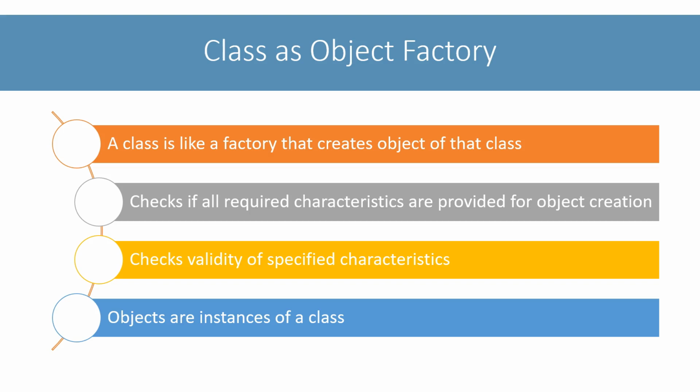Consider a car factory. There will be one design of a car based on which many cars of different colors will be manufactured. If you compare this with our previous example, based on one dog class, many dogs of different breed, color, gender, etc. can be created as objects. That is why we say that class is an object factory. Objects of a class are also referred to as instances of the class, as they represent the class with a specific state.